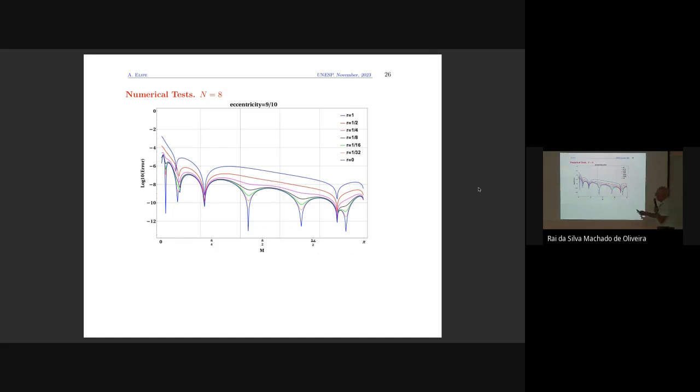Okay? And we see that the colors are exactly the same, that we reach a much better approximation. These are the logarithm of the errors, for small values of the parameter than for the circle. In some cases, we have even 3, 4 significant digits, just by adding one parameter there. Okay?